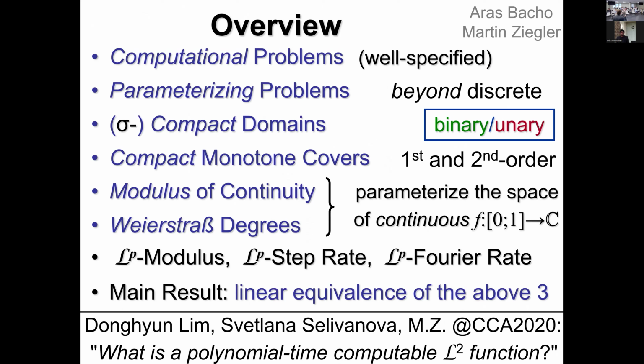So let's start. By the way, I'm going to adopt two perspectives. One is the maybe more common binary perspective, which corresponds to the binary lengths of integers, and the other is the unary setting, which corresponds to the lengths of integers encoded in unary, and generalize that. I'm not going to take sides, so whenever you see something in green, it refers to the binary complexity parameter. When you see something in red, it refers to the unary complexity parameter.